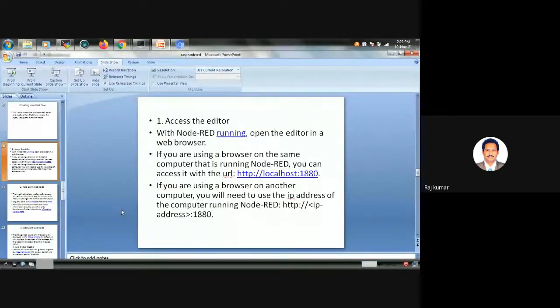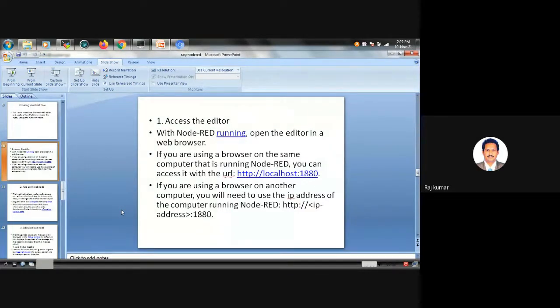Once you run this, when you type node-red in the terminal, it takes a few minutes to come up. Once the system is ready, you can open the local browser of the Raspberry Pi and type the IP address localhost:8080. Then it will take you to the Node-RED editor.